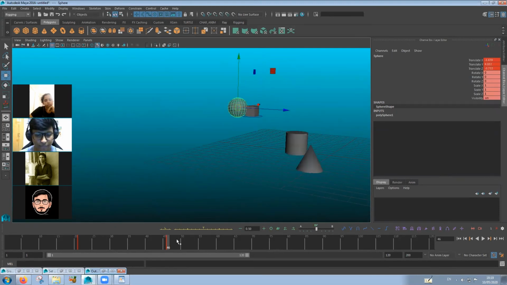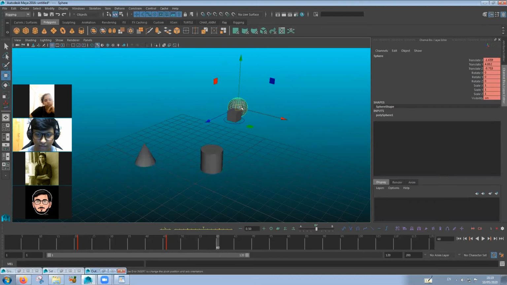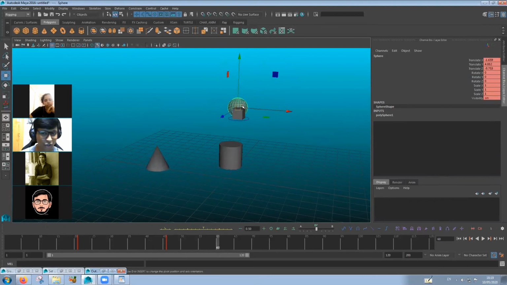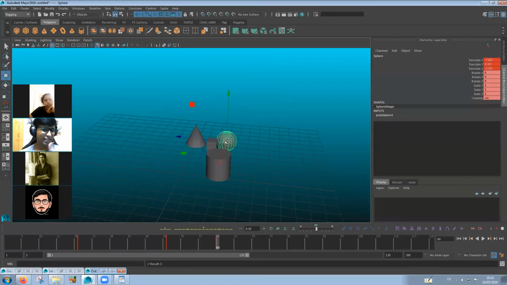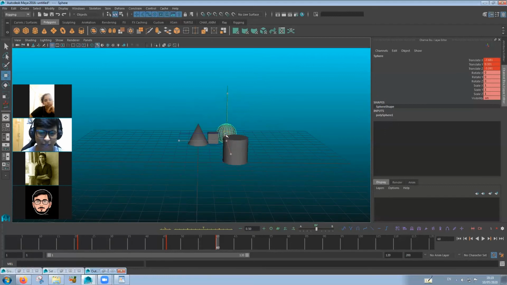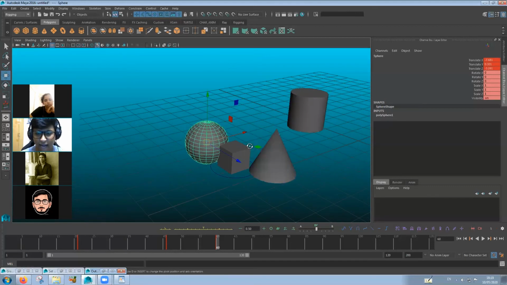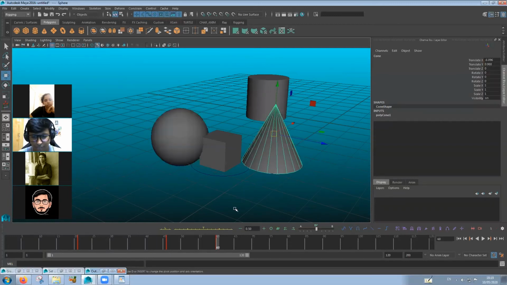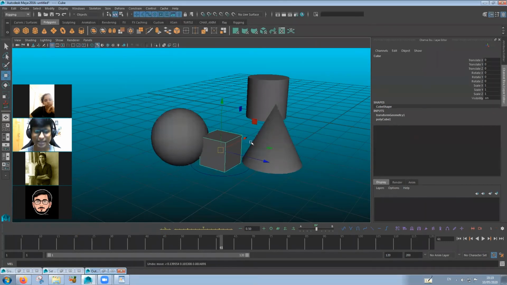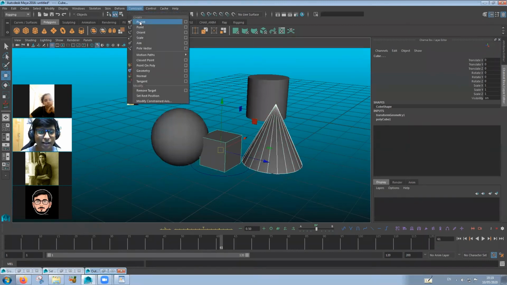Say on frame 60, the sphere decides I don't want this cube anymore, let me give it to the cone now. So it goes near the cone, or the cone comes near it, it doesn't matter, whatever your animation demands. On frame 60 or frame 61, you can parent this child cube to this guy over here: controller, control, constraint, and parent.